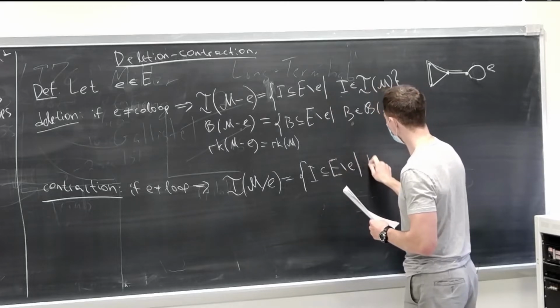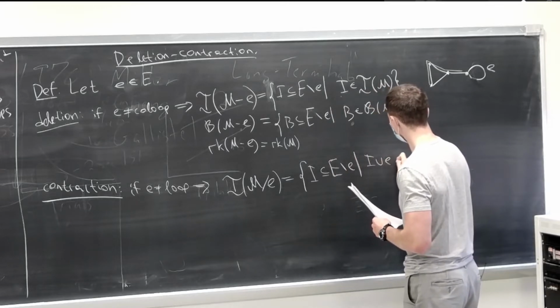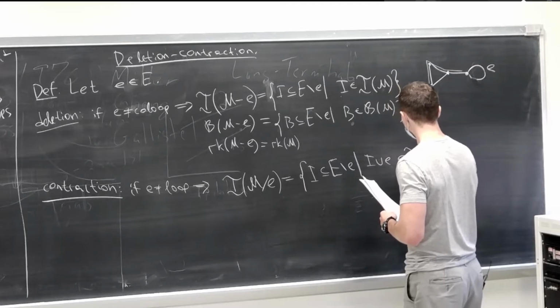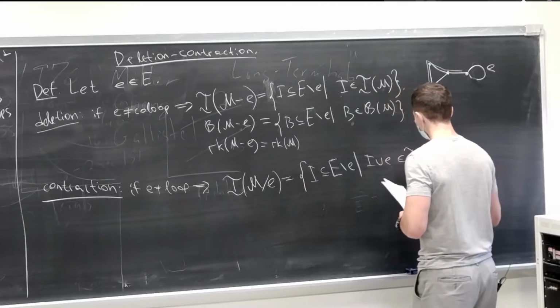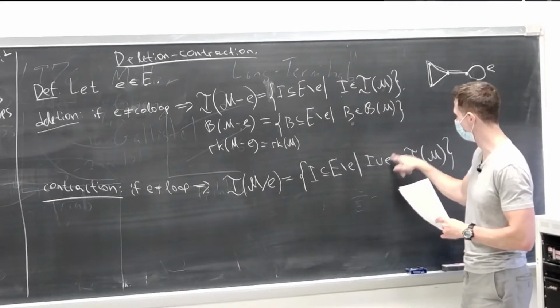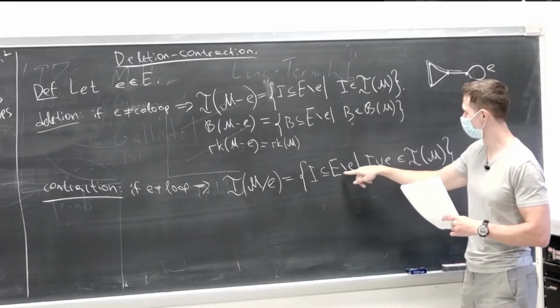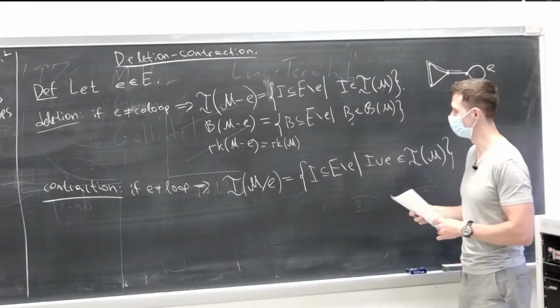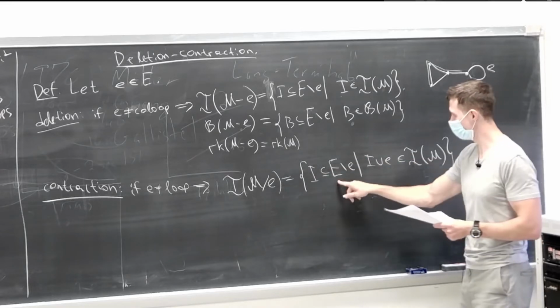what I want is that the union of I and E is an independent set. In other words, I take all independent sets which contain E, and I remove E from those. And what I get is independent sets of my new matroid. And the way to think of this is,